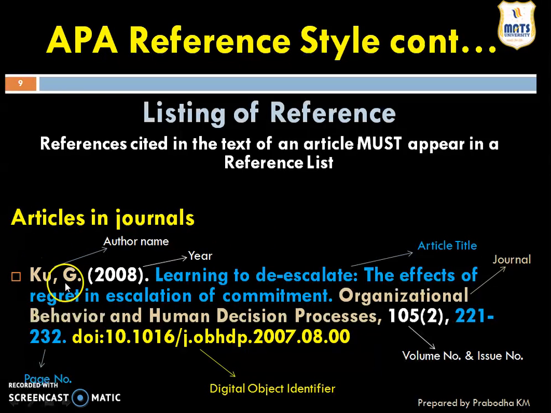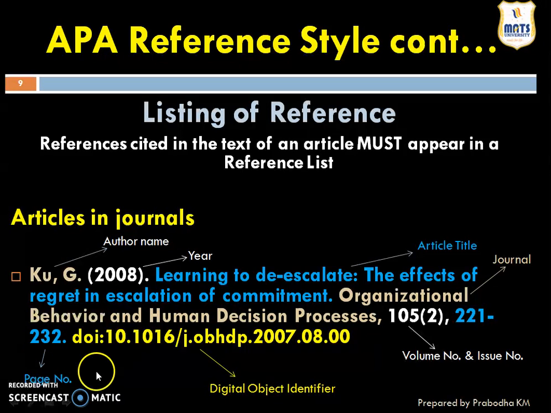See, the QG is the name of the author. So the last name of the author should come first, then the abbreviated form of the first name, and the year should come in the bracket, and then the title of the article, complete article title, then the name of the journal. Here it is Organizational Behavior and Human Decision Processes, and after the journal name we have to mention the volume number and issue number, and after the volume number and issue number we have to mention the